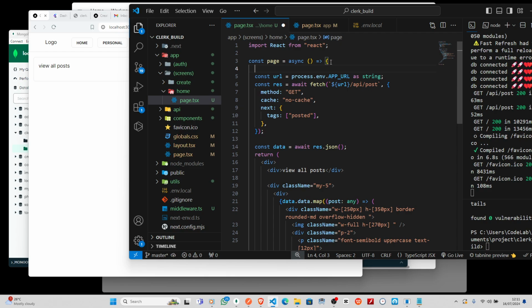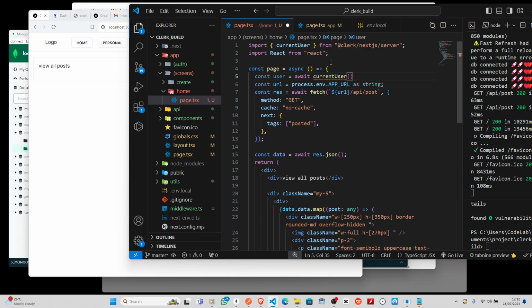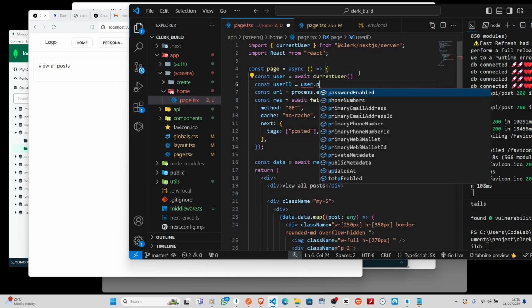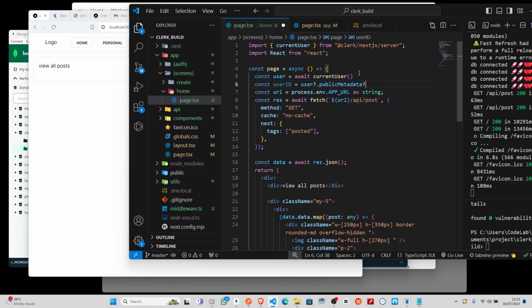So to get that, I will say const user equals await currentUser. Now this currentUser is going to come from Next, right? From our Clerk. So this one is for server components, right? Then I'll say const userId equals user dot, I think we get this publicMetadata, right? Dot